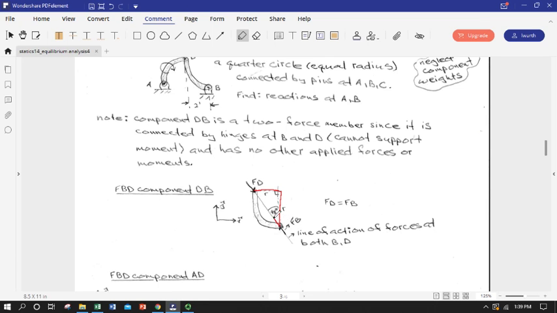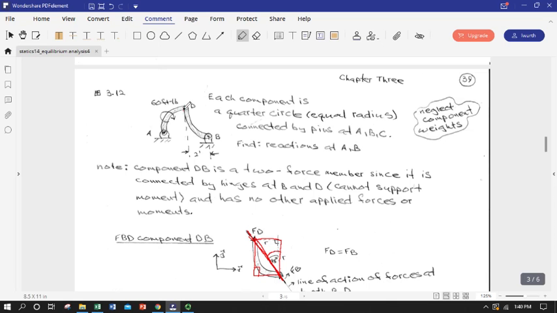So if we want to draw a line that connects these two, basically we've got what's effectively a square. Our geometry tells us that the line connecting the 2 points on which the forces are collinear is going to be a 45-degree angle to vertical. So we now know the lines of action of the forces at D and at B,